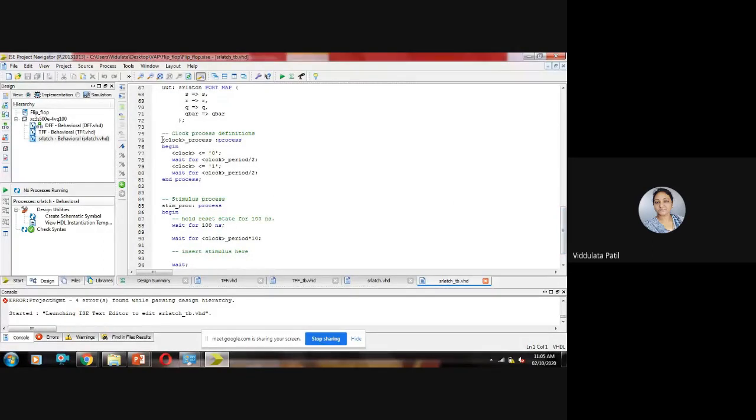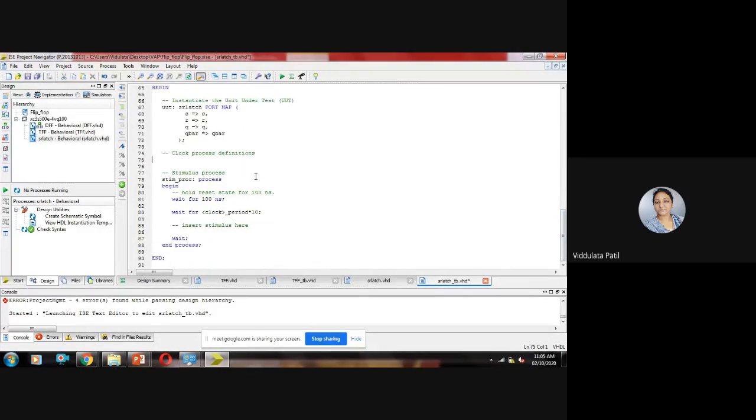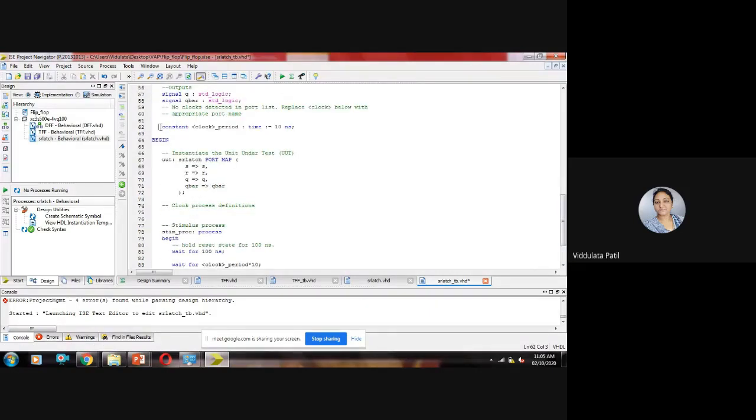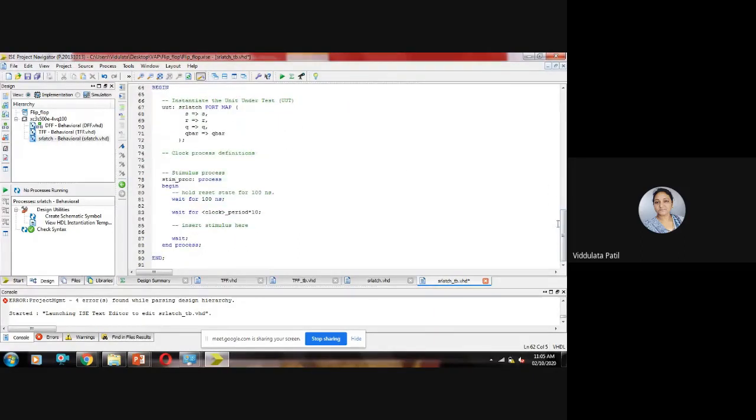As we don't require this, we will delete it. Then initially we make S equal to 0, R equal to 1.